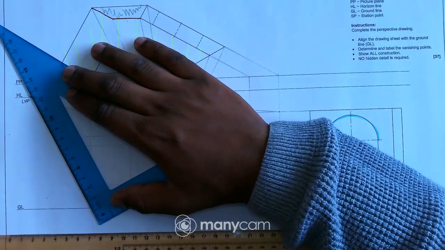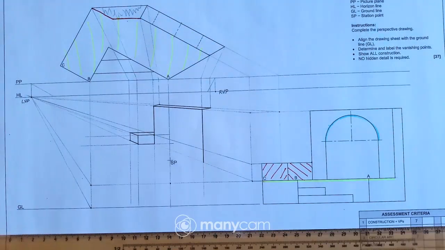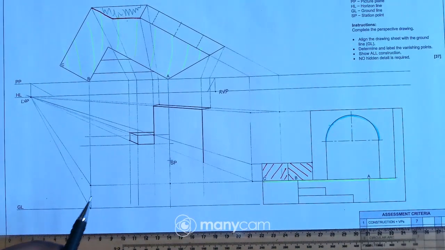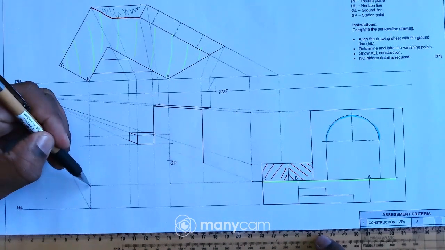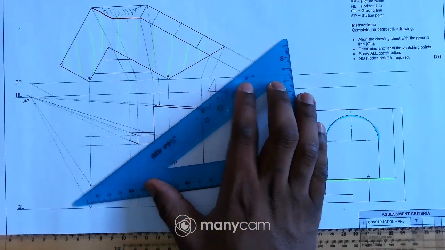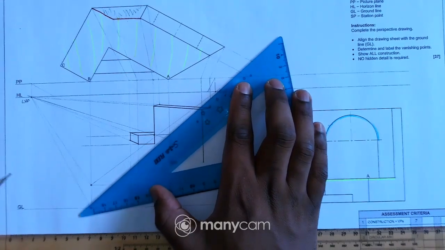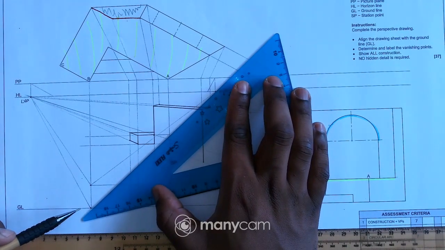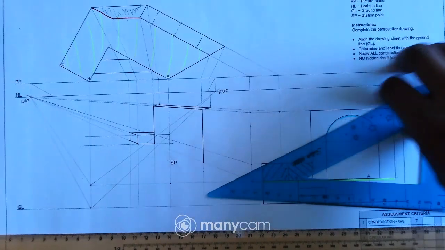So just take it to the vanishing point like that. Okay, and then obviously I also have a line that goes up. So that means I'll have to take those 2 points to the RVP, so like that, and also the base, the ground level, like that.